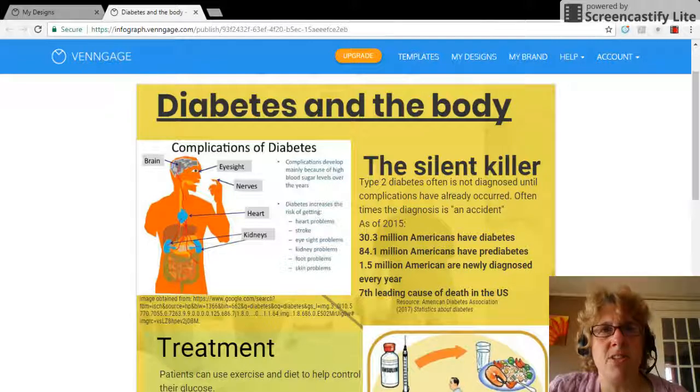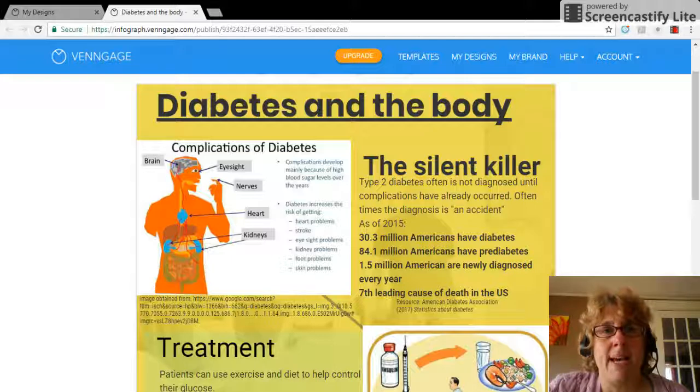There's blood vessel damage, which can lead to vascular dementia. There's blood vessel damage also to the eyes, which leads to diabetic retinopathy, which can lead to blindness. There's nerve damage that causes diabetic neuropathy. That's often seen in the feet and legs with pain and numbness, but can be seen in the hands and the arms. Damage to the heart, blood vessels also leads to heart disease or stroke.